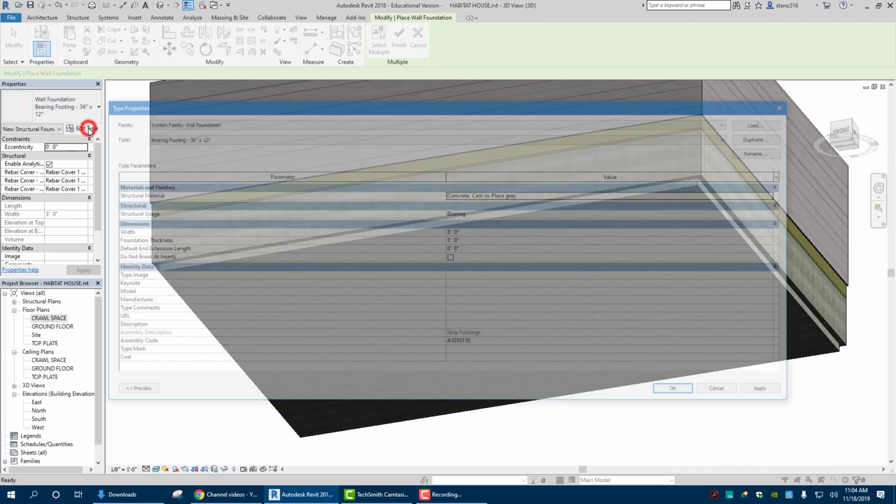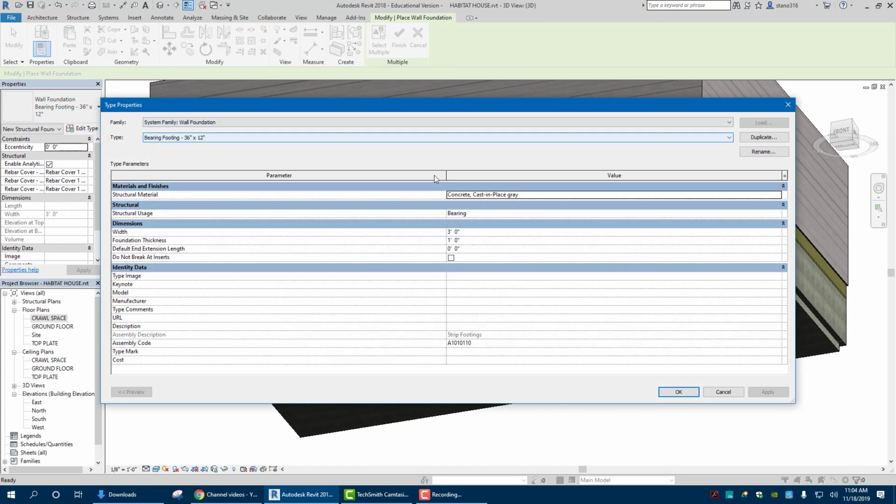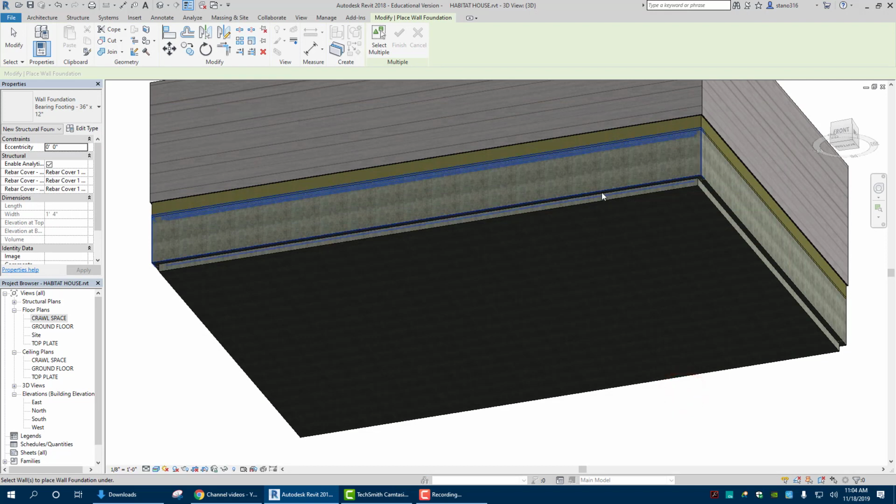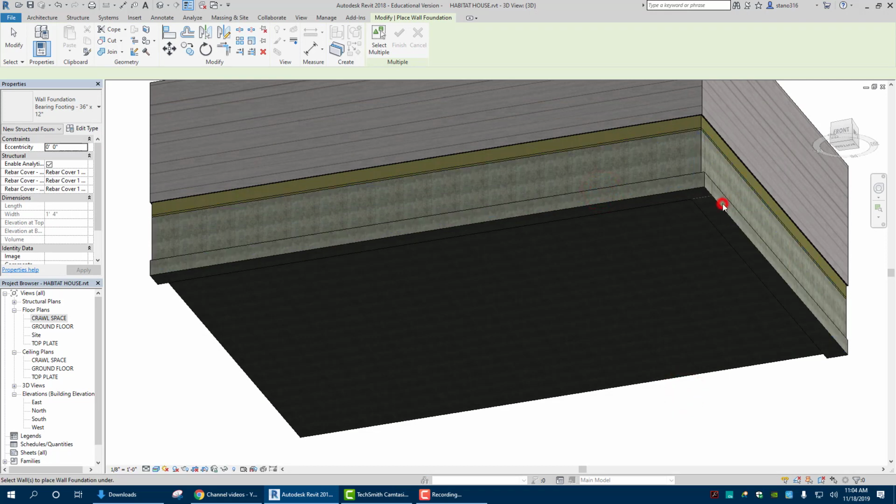We're going to edit the type of this bearing footing. Right, the width is going to be typically double of what our wall thickness is. So if it's 8, it'll be 16 inches. Foundation thickness, 1 foot, I believe, is fine. Then we're going to go in and select